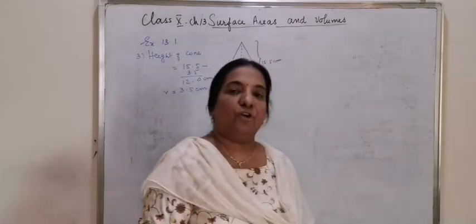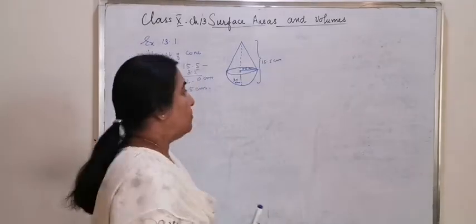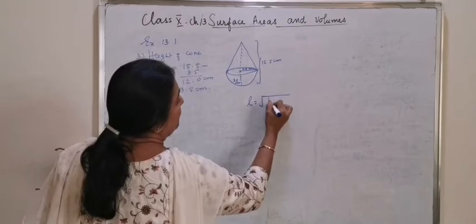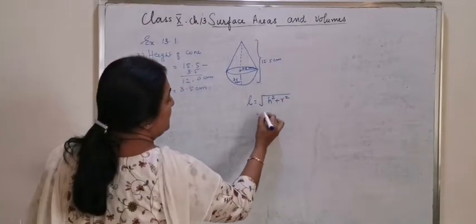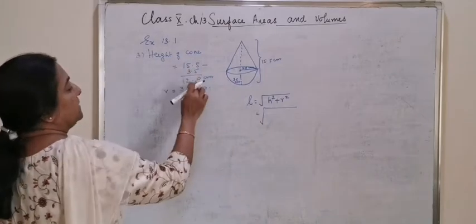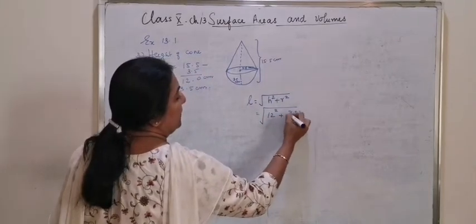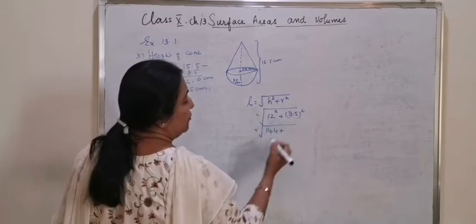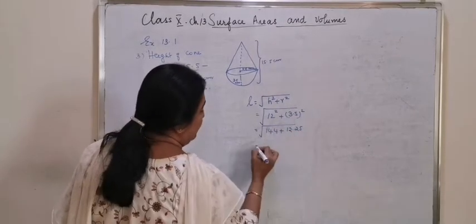Now for a cone we need to find the slant height. What is the formula for slant height of a cone? It is square root of h square plus r square, which is equal to square root of 12 square plus 3.5 the whole square, square root of 144 plus 12.25,